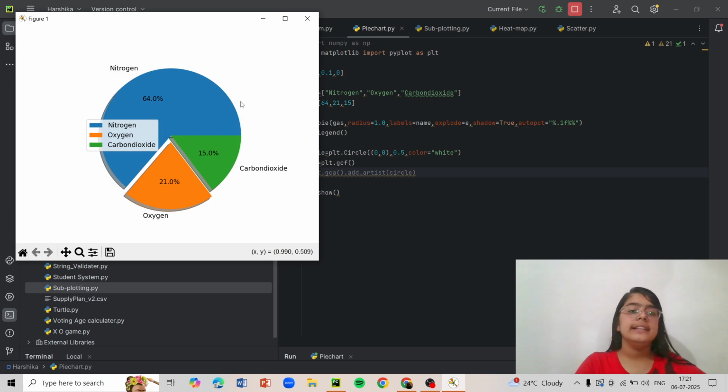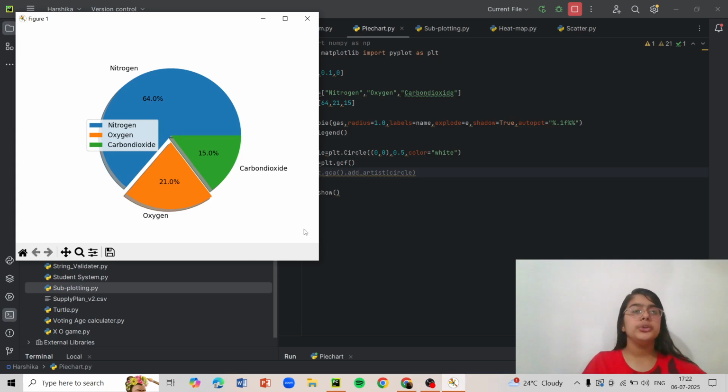Now there is also another type of pie chart that is known as a donut pie chart. So what is a donut pie chart? Over here you can see that it is giving me oxygen, carbon dioxide, and nitrogen. I told you guys that it is the gases pie chart. But how will a normal person know it is a gases pie chart?